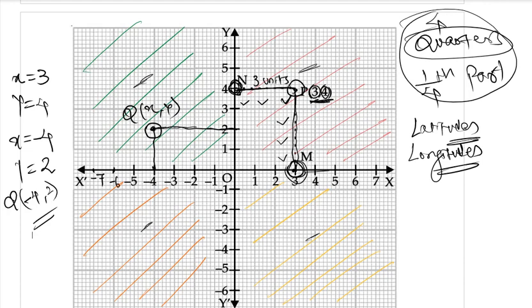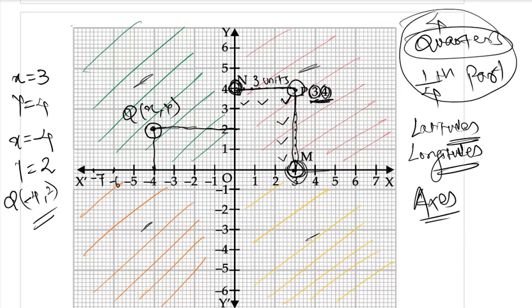Okay, so how many parts is the Cartesian plane divided into? The Cartesian plane is divided into four parts. In all those four parts, there are some points. We can locate those points with the help of their coordinates, right? What are those lines which divide the Cartesian plane into four parts? Answer yourself. Those lines are